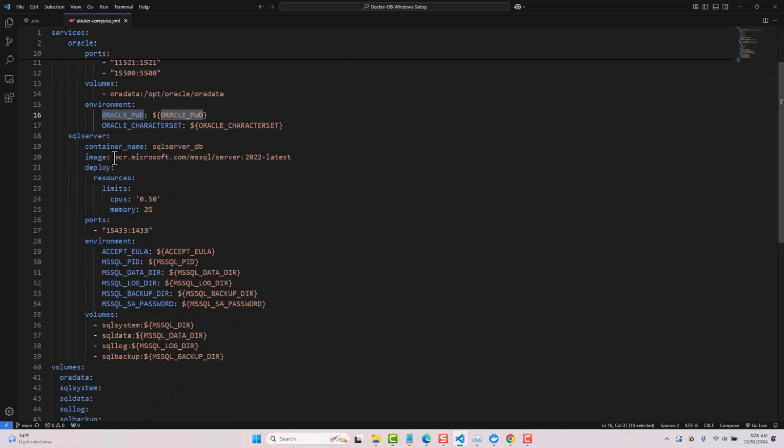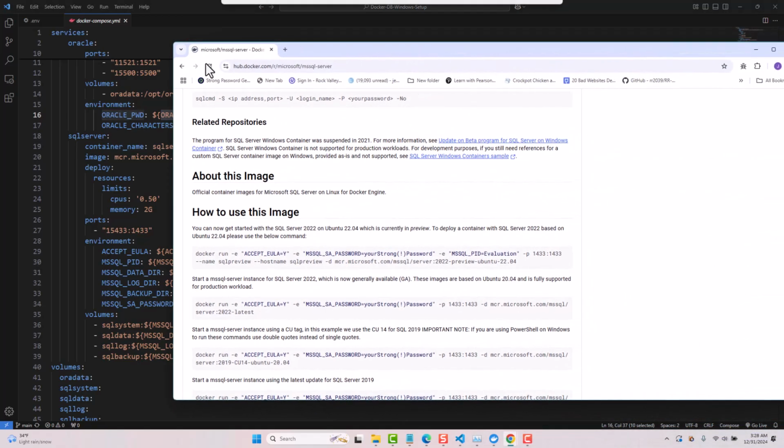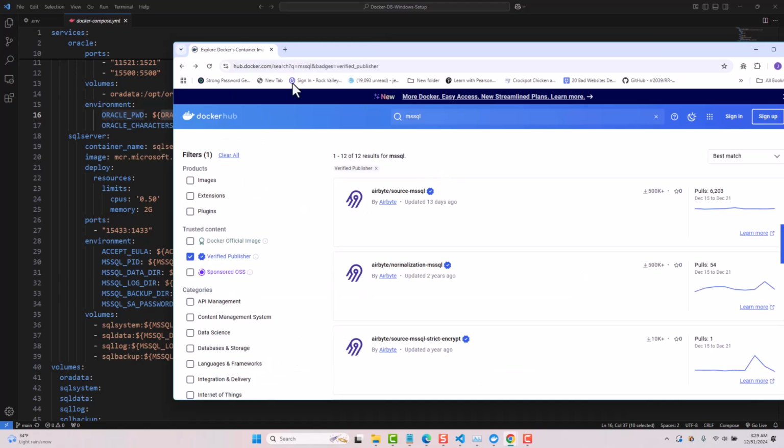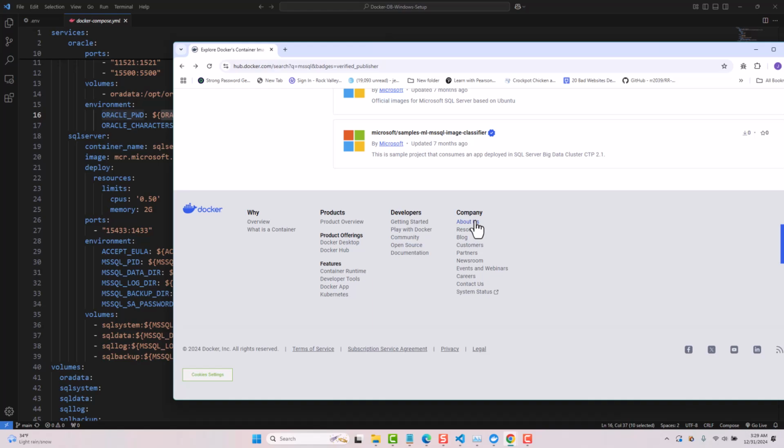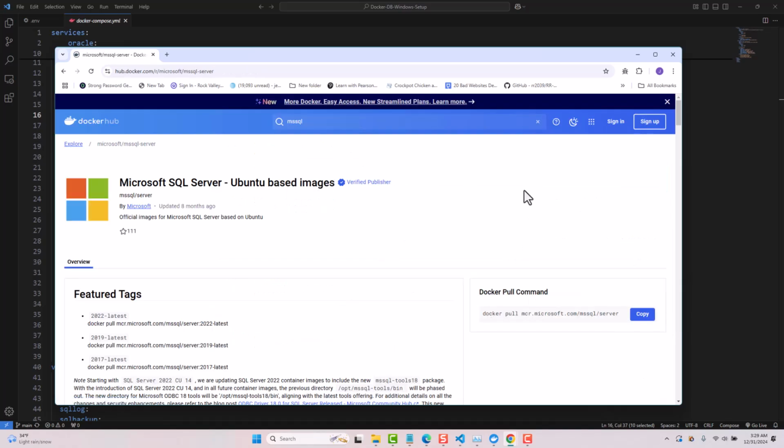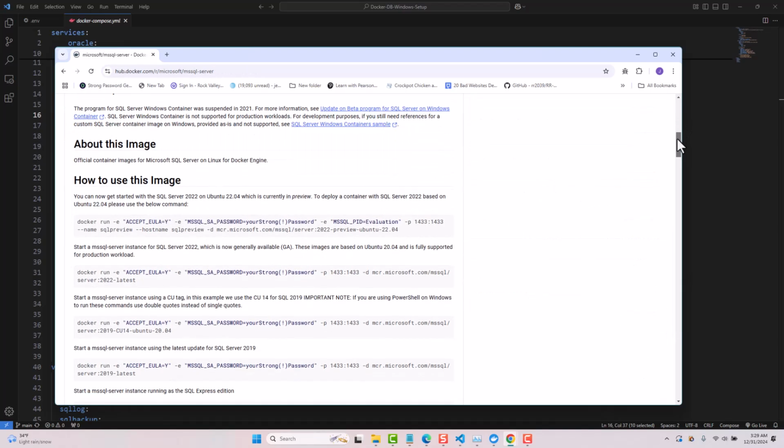Next, we have SQL Server. This time, for SQL Server, we're getting our image from Docker Hub. Now, if I look at Docker Hub, let me go back here. I would come into hub.docker.com. I can search for my image, which is MS SQL, looking for the verified publisher. If I scroll down a little ways, I can see my image. If I drill into the image, it's going to give me image information about that image,